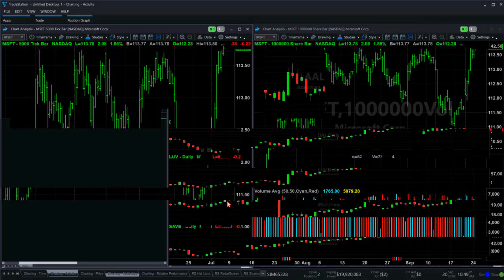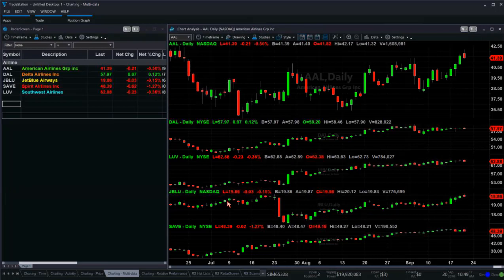Okay, let's go ahead and continue. Let me show you one feature that is also part of the TradeStation platform. This is multi